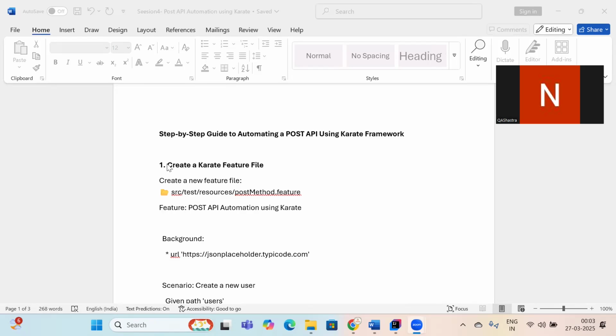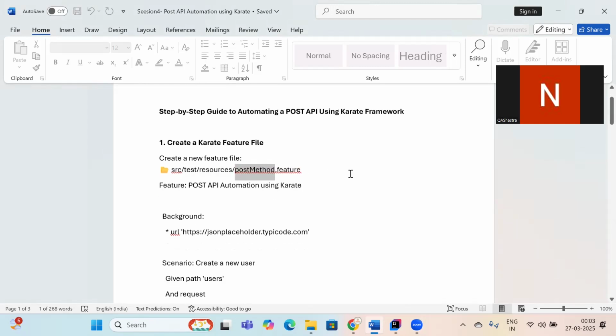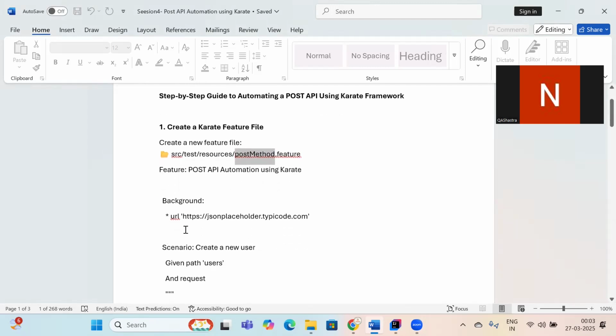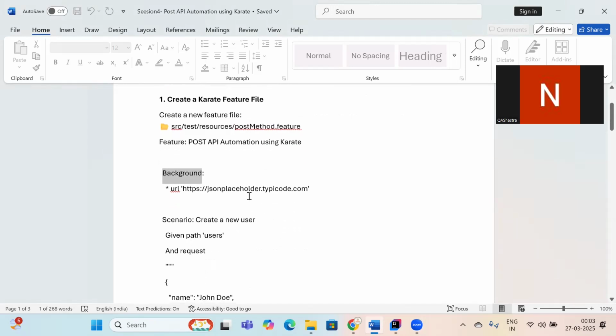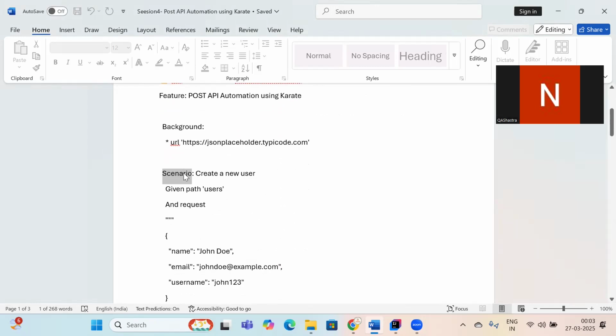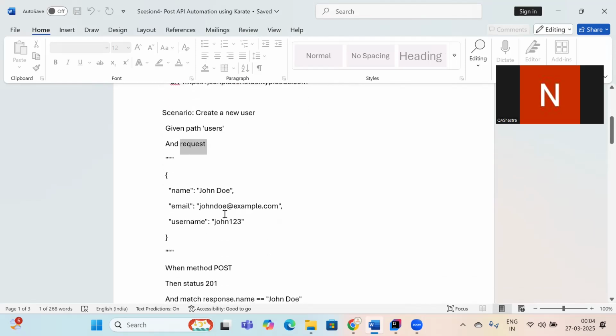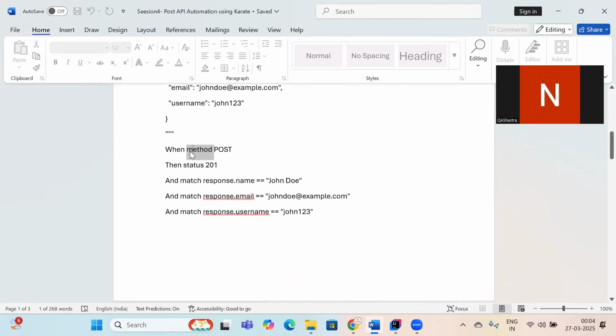First, we need to create a feature file, which will be in the src test source folder, and we give the feature file name, the feature name and the background. In the last sessions we talked about all the keywords: what is the feature, what is the background, and the scenario, which is a test case. A scenario will have steps like given as a path, followed by and a request which will send the request body, and we have also discussed